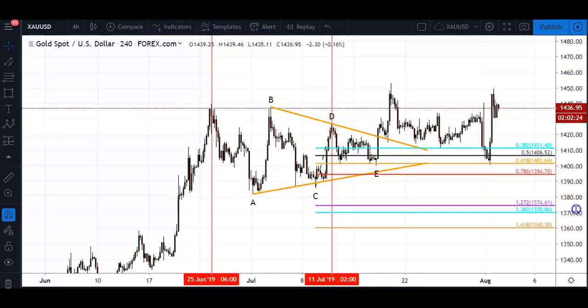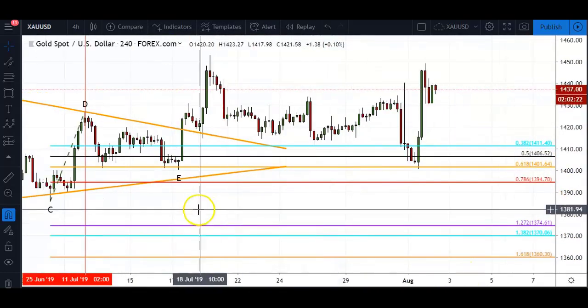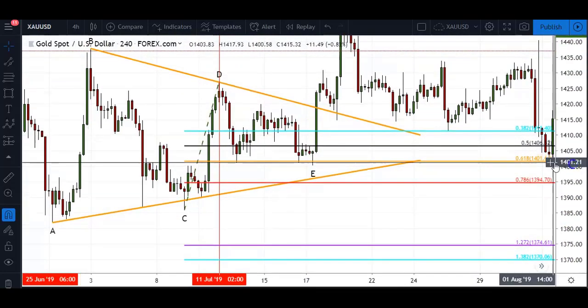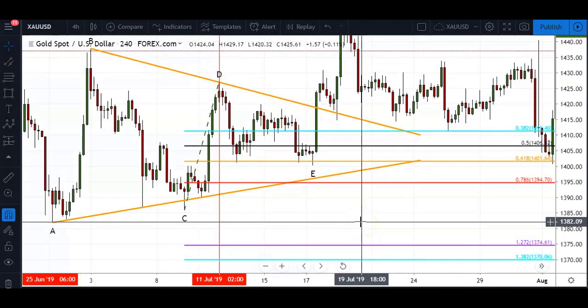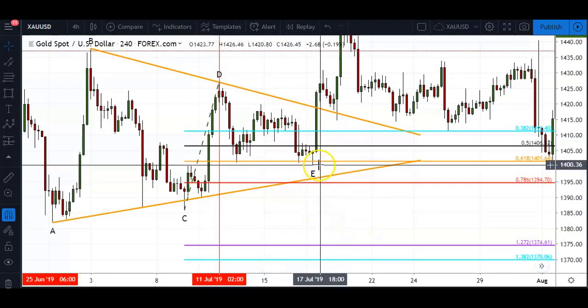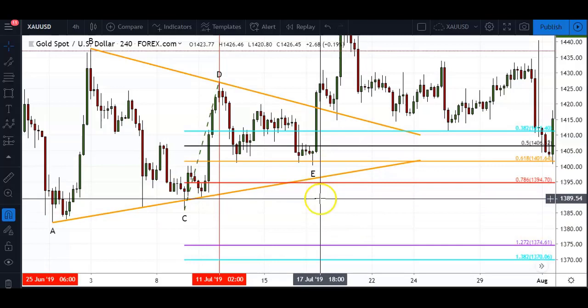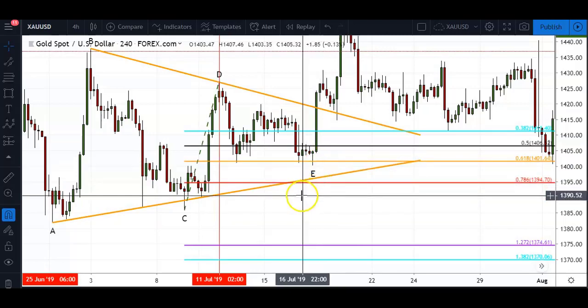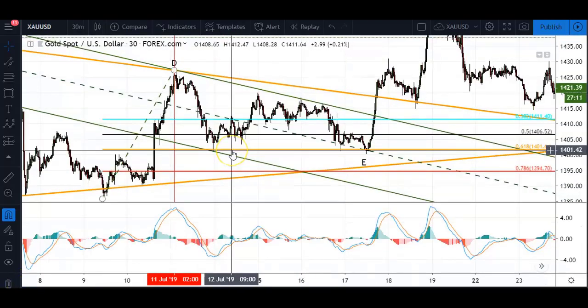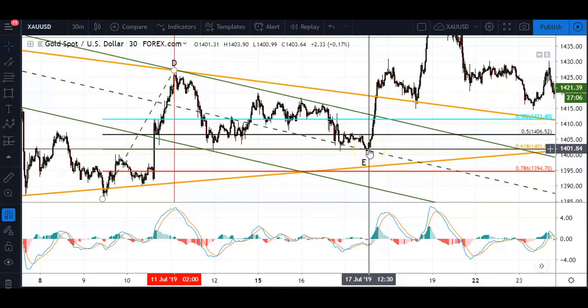to my D wave, and I then would know that this correction carries a high probability of ending at one of the fibs at the lower level, and I really like to target the 0.618 fib retracement level, which is also known as the golden ratio. Once I have identified a level for a trade, in this case to buy gold,